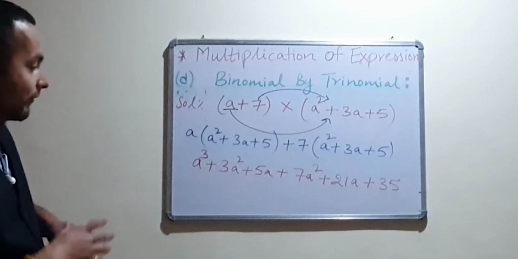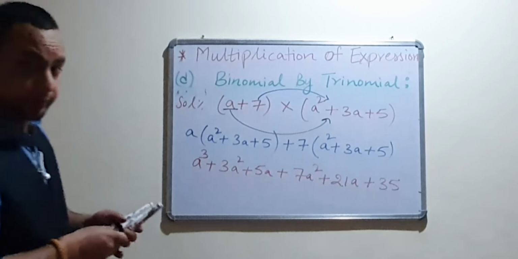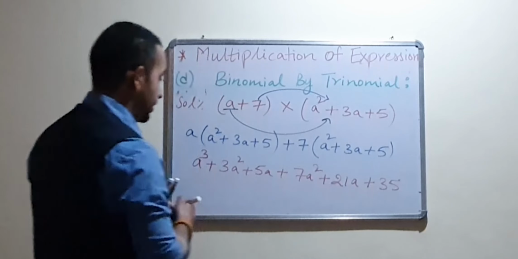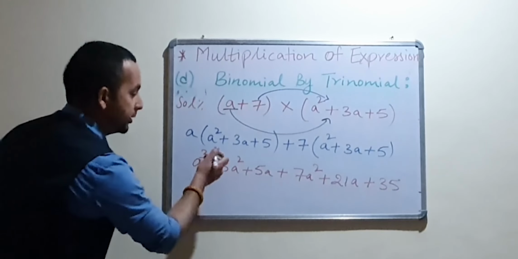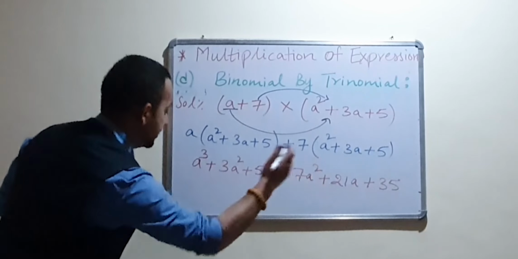Now again we are going to check whether there is a like term or not. If there is a like term, then we are going to collect them and add them together. So here the a cube term is only one. So a cube